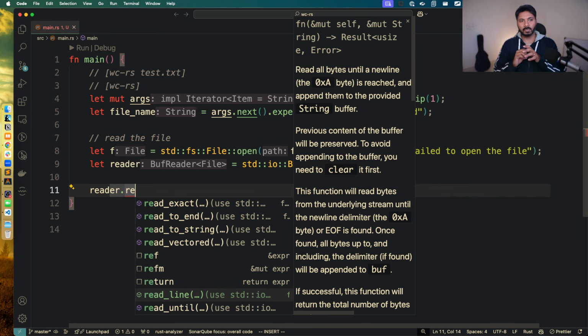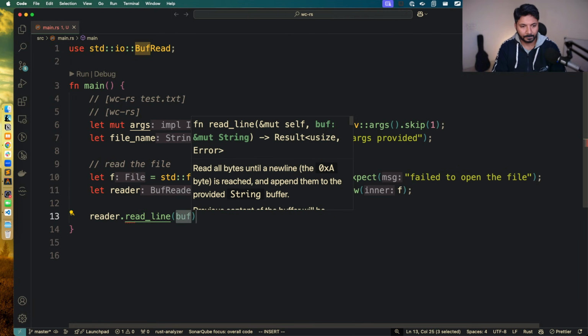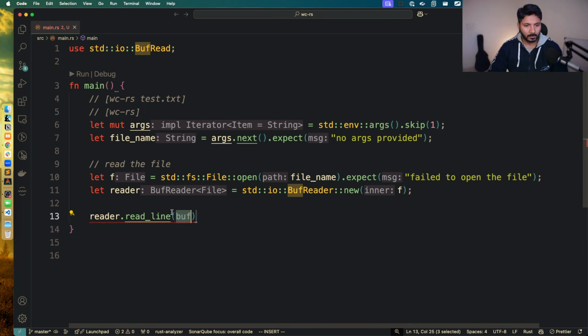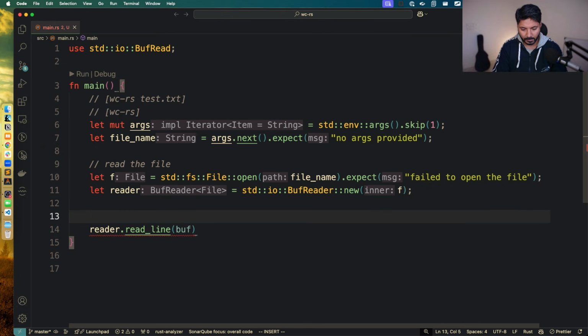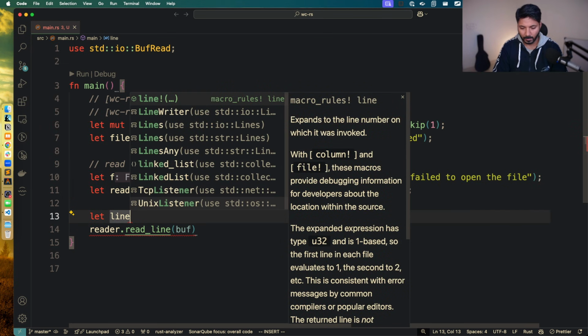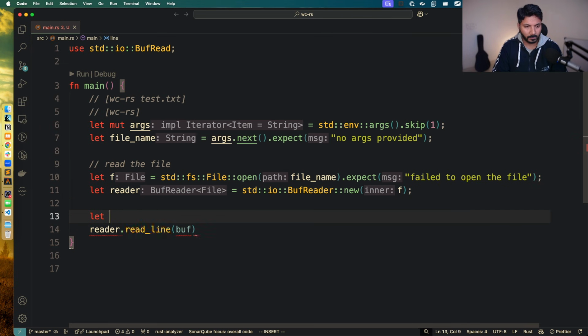So we have a file which has multiple lines and it makes sense to read line by line. So let's do that. It requires a mutable string, which is going to be the buffer. So let's create a string. Let line, it needs to be mutable